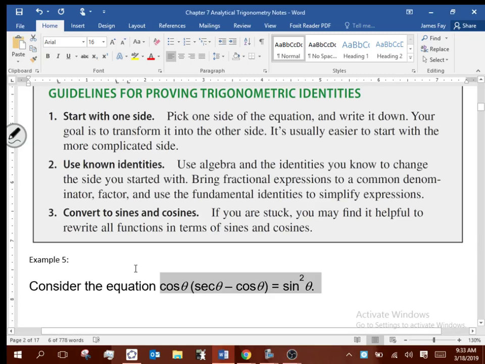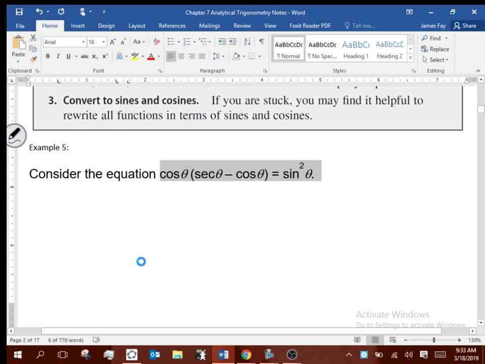All right, so consider this equation. You told me that you think the left-hand side looks more complex, so let's choose the left-hand side. This is the format that we're going to use when we do these proofs, and I want you to stick to this format